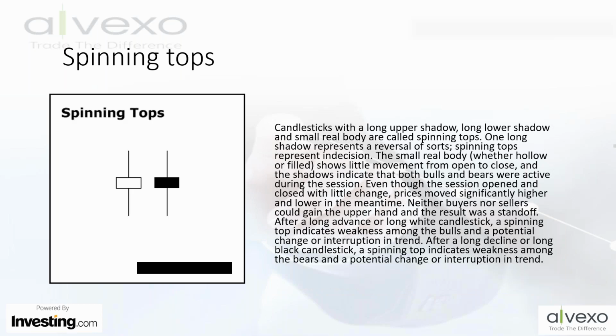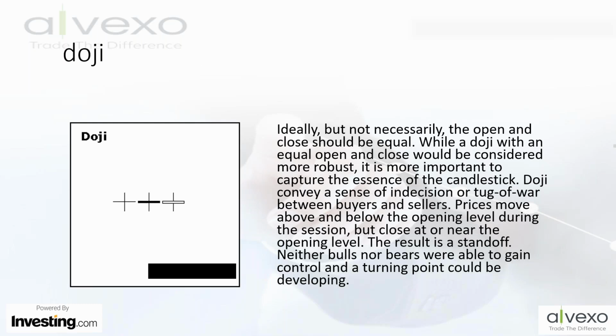So we have spinning tops. Spinning tops look similar to those that I showed you in the fight between the bulls and the bears. They're candlesticks with long upper and lower shadows and a small real body. And then we have doji, which we talked about a bit in the video and the presentation. A doji appears quite often and is important, especially when it appears on a trend line or in conjunction with other candles before and after it. A doji tells you that there is a sense of total indecision in the marketplace. Now, the original definition of a doji